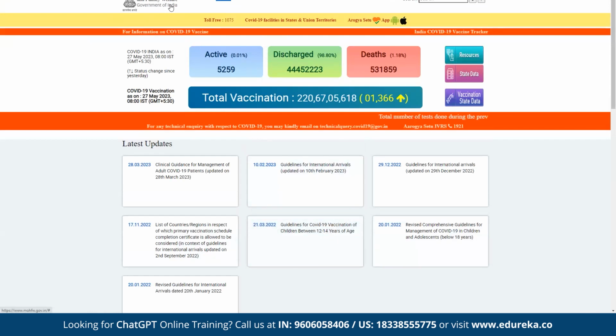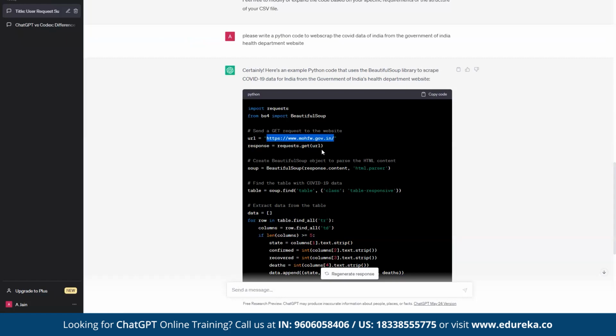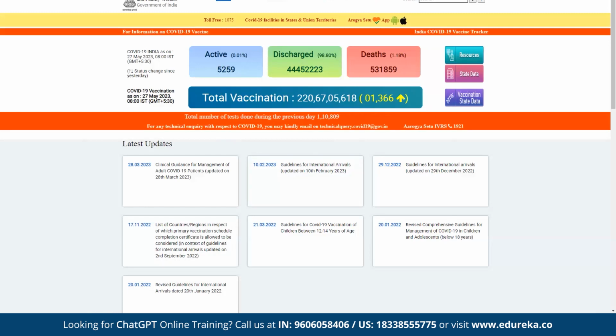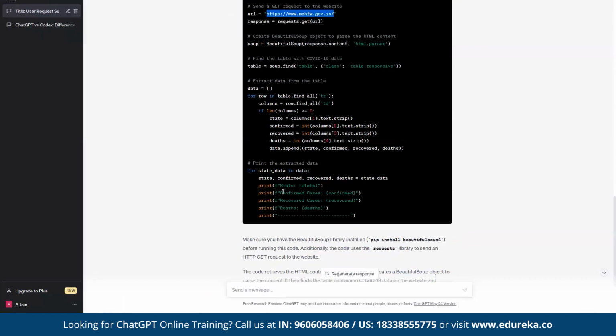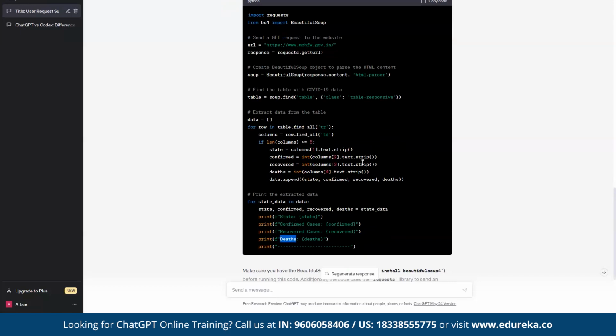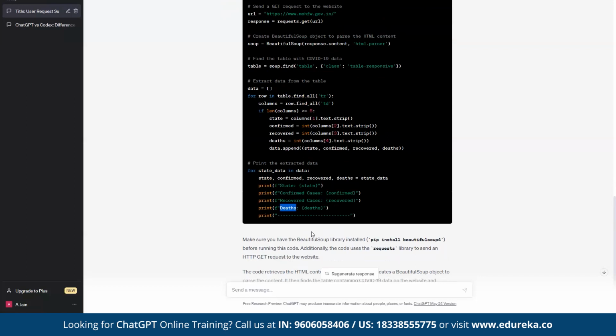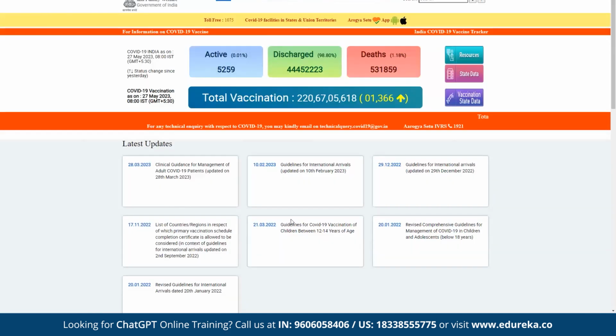You can exactly look at that. This is the Ministry of Health and Family Welfare. I didn't have to go for it. It has done it. And then it has gone to this website and understood how it can import all the active, discharge, death. And it has written the code for that. Which state has how many confirmed cases, recovered cases, and deaths. So I hope all of you are getting the beauty of this. Within a minute, not even within a minute, within a few seconds, it has written a good amount of code and specifically customized that code for a given website, which even I didn't know existed. And it is the correct Government of India website.